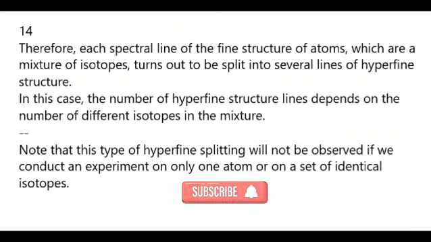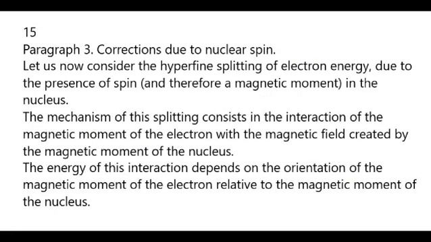Accordingly, each energy level of the fine structure turns out to be slightly different for different isotopes. Therefore, each spectral line of the fine structure of atoms, which are a mixture of isotopes, turns out to be split into several lines of hyperfine structure. In this case, the number of hyperfine structure lines depends on the number of different isotopes in the mixture. Note that this type of hyperfine splitting will not be observed if we conduct an experiment on only one atom or on a set of identical isotopes. Paragraph 3. Corrections due to nuclear spin. Let us now consider the hyperfine splitting of electron energy due to the presence of spin